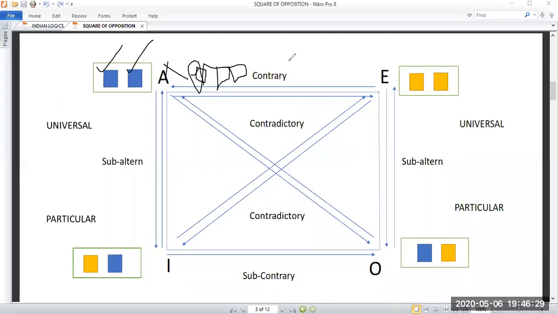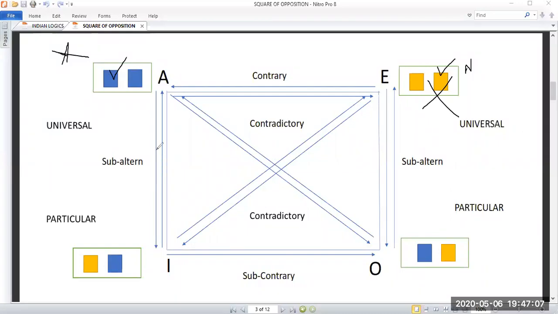So if I do it again, in this case, all balls are blue. If it is taken to be true, then definitely this is false because no balls are blue here, because both are yellow. Fine. But if all balls are blue is taken to be false, then at least one should be yellow or both are yellow. There are two possibilities. So in this case both cannot be true, both can be false. So this is contrary. Are you getting me?